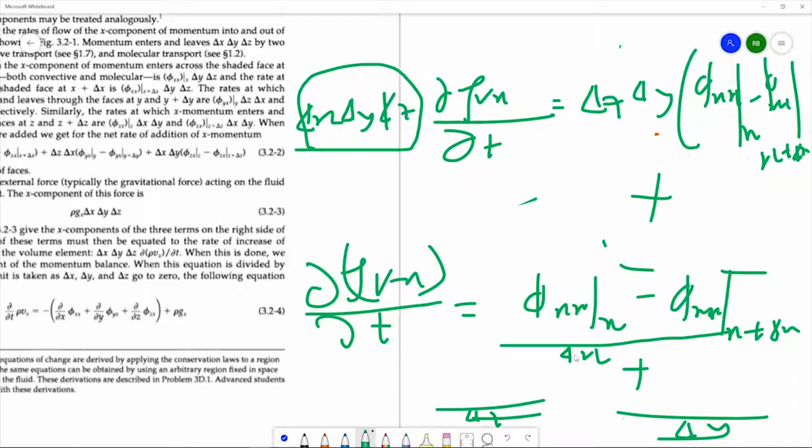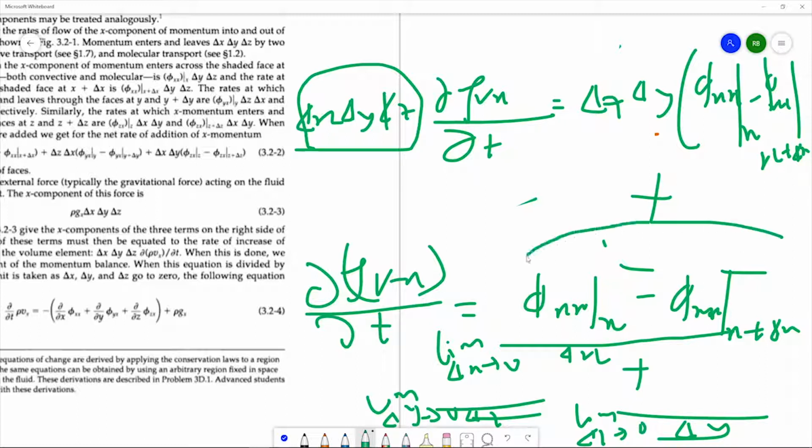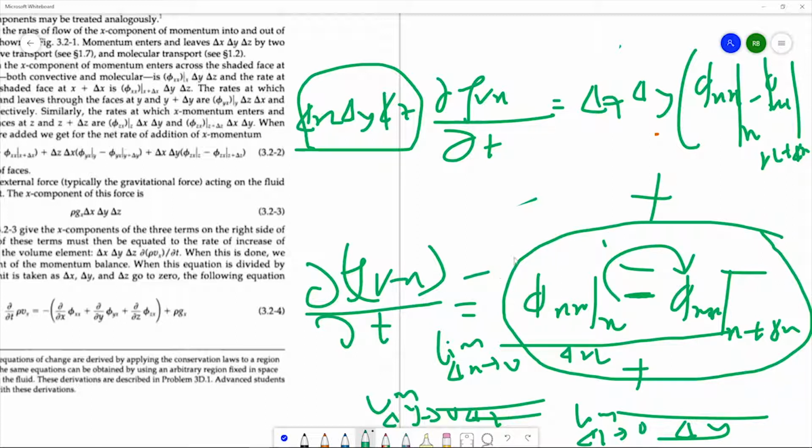Okay. Now, if you take limits, delta x tends to 0, limit delta y tends to 0, limit delta z tends to 0, then what you'll get? See, I already told you the derivative formula, right? f of x plus delta x minus f of x divided by delta x. Then if you take the limit, then only it is df by dx, right? But here it is swapped, right? So if you take out the minus, then this will become minus and it will pass, and you will get exactly dou by dou x of phi xx,